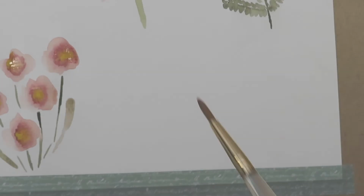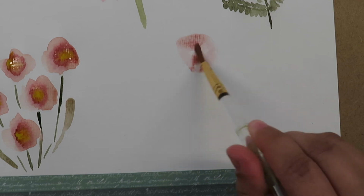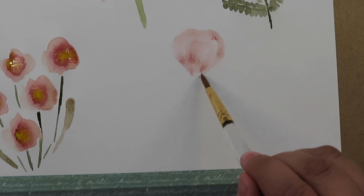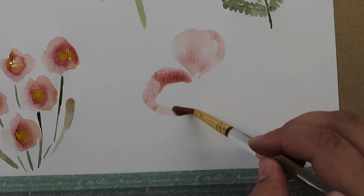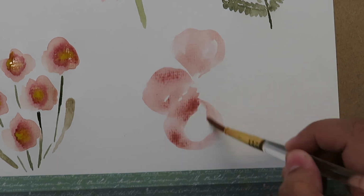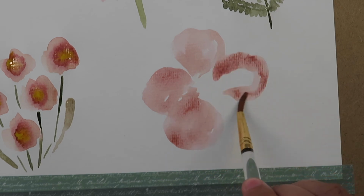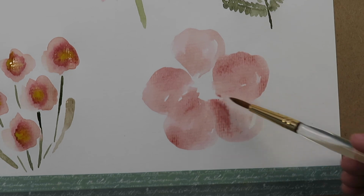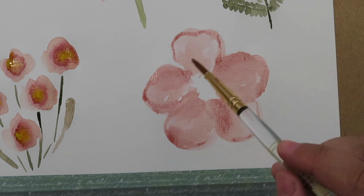Next, I'm going to be painting an open wild rose, making a big petal, pushing my brush out and filling in the centre. I'm picking up more paint as I go to each of my petals. I'm lightly going around each petal with a darker shade